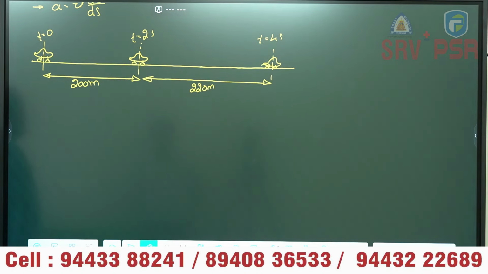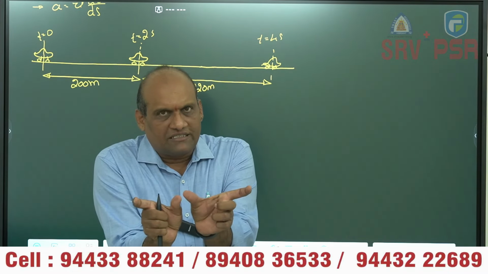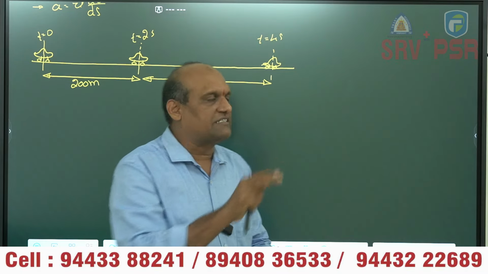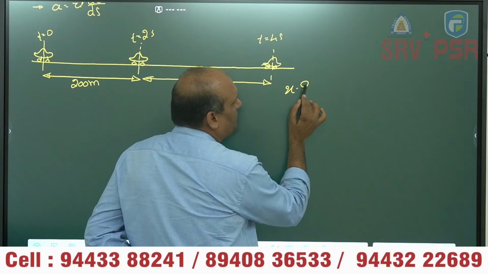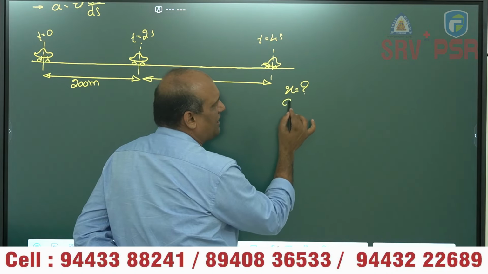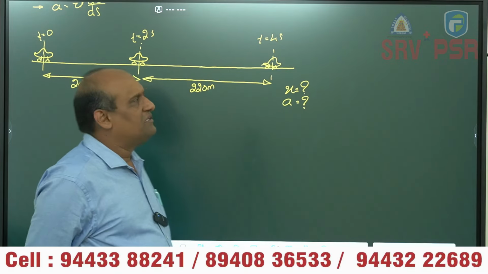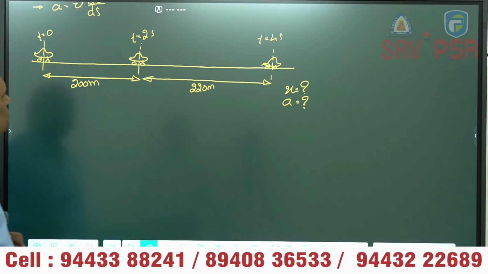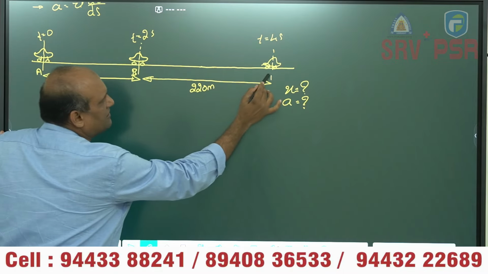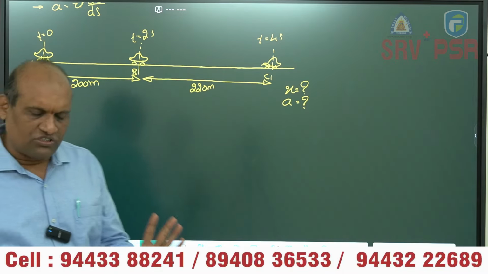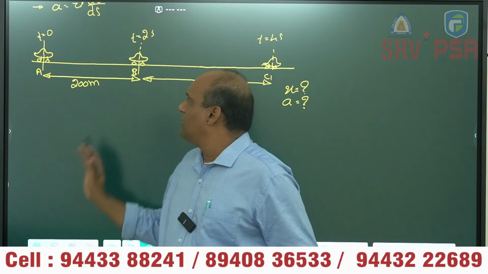This is the question. A car covers 200 meters in the first 2 seconds, 220 meters, 20 meters extra, in the next 2 seconds. Then find the initial speed u, then the acceleration a, and then the velocity after 7 seconds, 8 seconds, something like that. In this kind of question, take the initial point as A, then B, C. Always remember, when you are solving questions in kinematics or straight line motion of a particle,